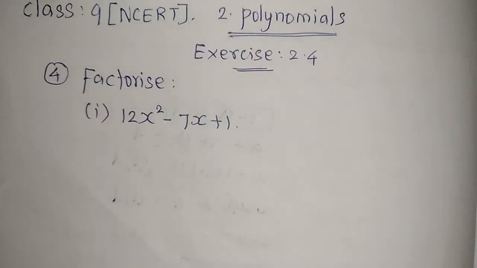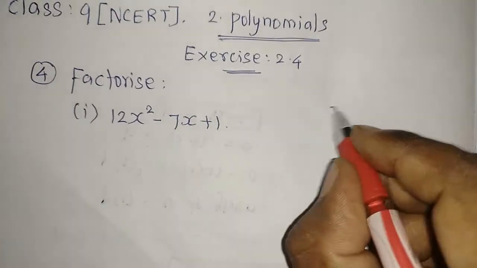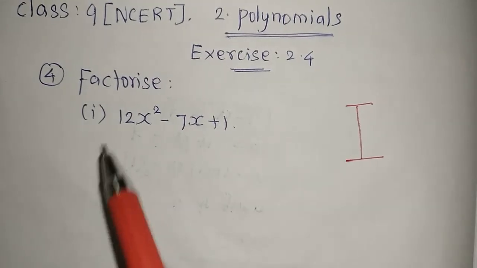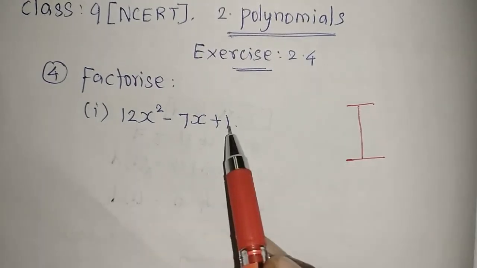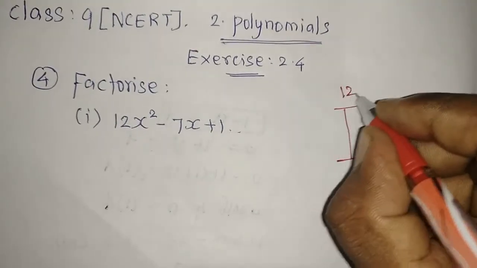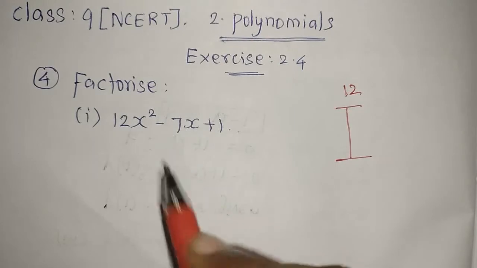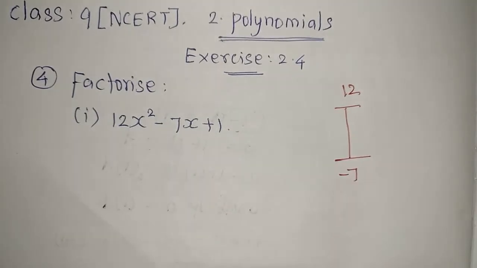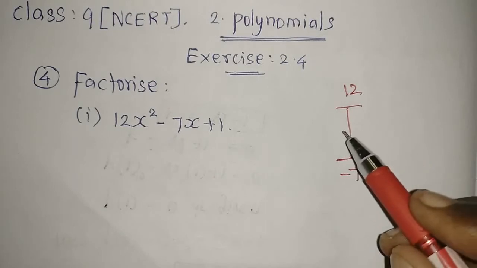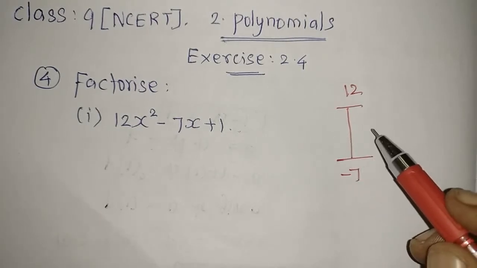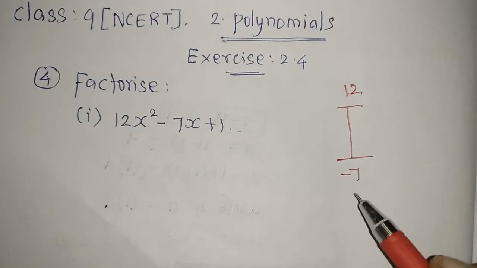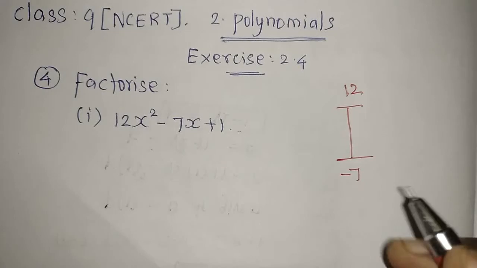Now we'll go for this I factor. I factor means we have to take the product. What values do we have to multiply? The coefficient of x square and the constant. Together you have to multiply them: 12 ones are 12. The coefficient of x is the sum value. Now we need to write 2 numbers, one the highest number and one the smallest number, such that when you multiply them together you get 12, and when you add you get minus 7. Like that we have to select the numbers.